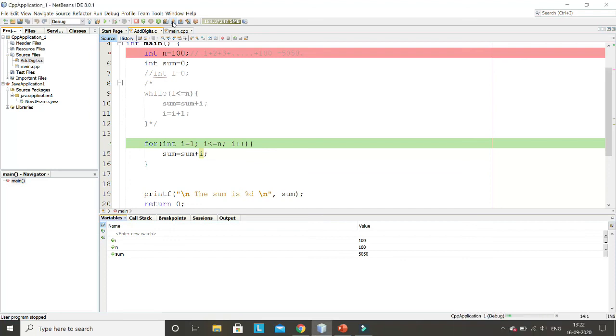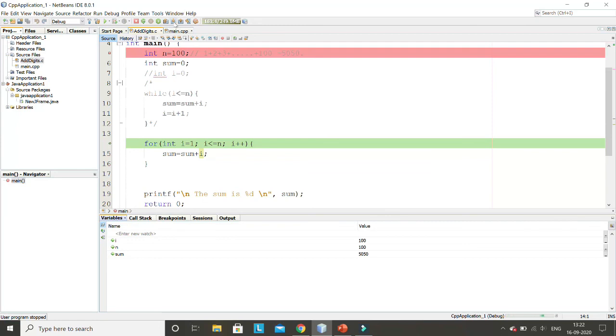But now here, what is the current value of I? Current value of I is 100. As I said, every time except the first time, whenever control reaches the for loop, first of all we execute this line and increment the value of I. So if you increment 100, the new value is 101, right? After becoming 101, we compare it here, whether I is less than or equal to n. 101 is less than or equal to 100? No. So the statement will be false. The moment the statement is false, the control will jump from here to here.